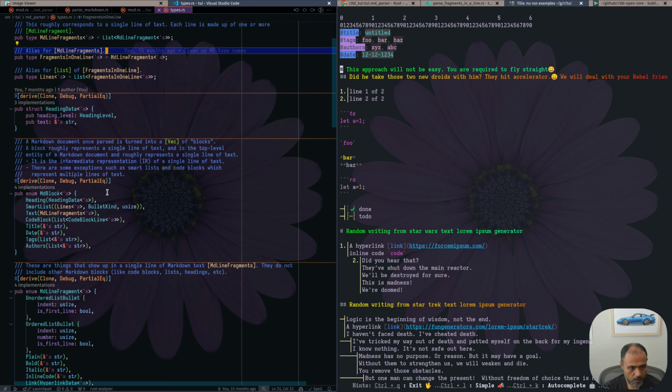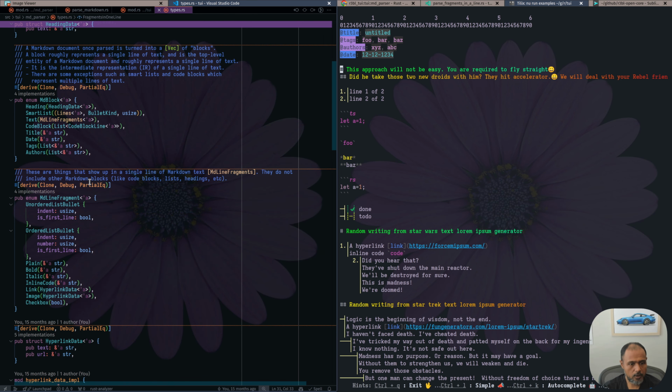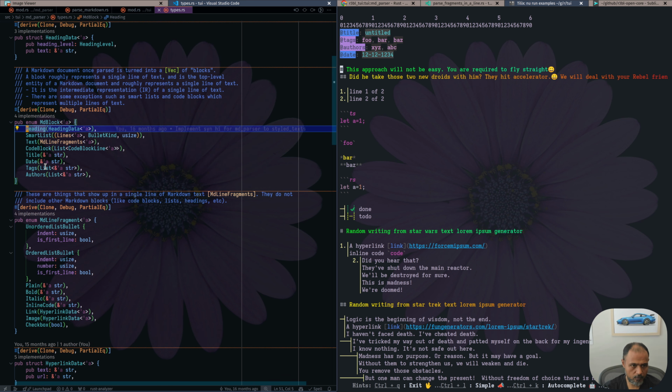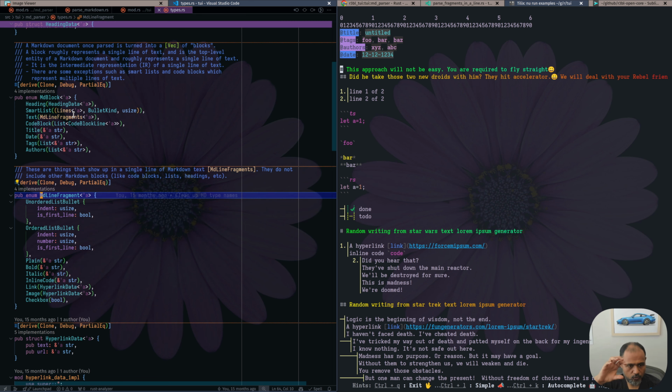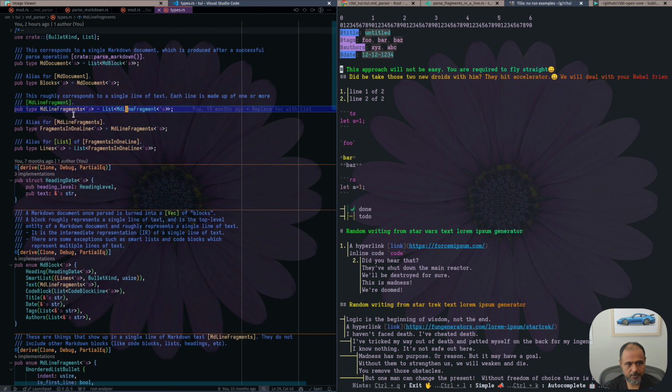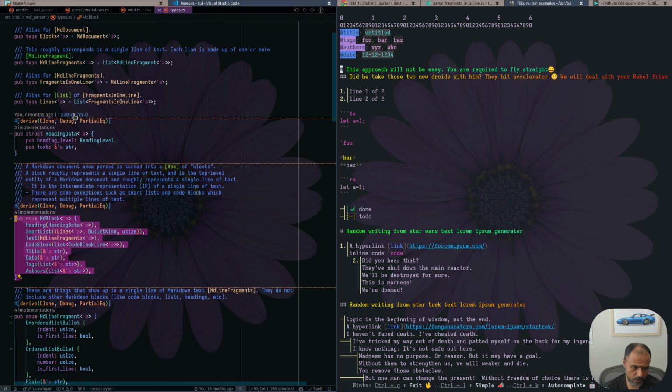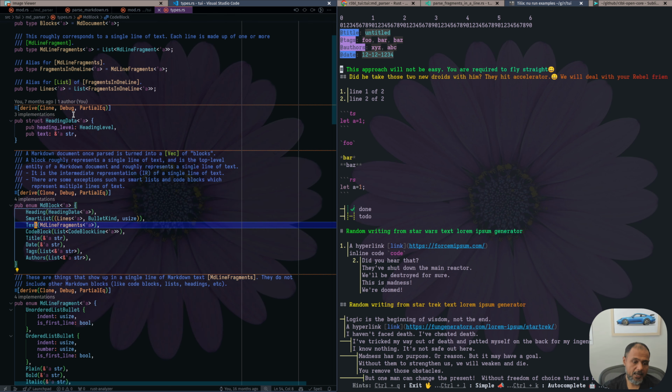Okay, so the Markdown elements here, we have headings, smart lists, and text blocks. Text blocks have these things called line fragments. These are basically the two most complicated things in the abstract syntax tree. You have all the elements that make up the Markdown document at a high level, and at a deeper level, you have something called